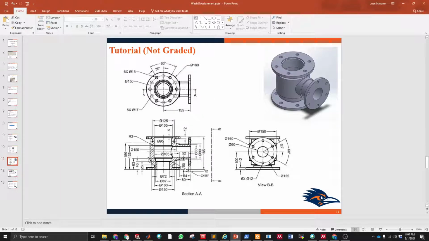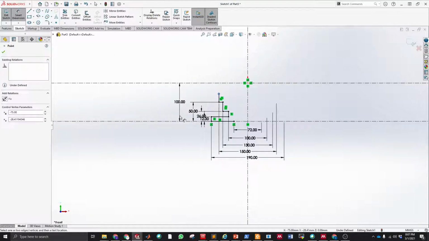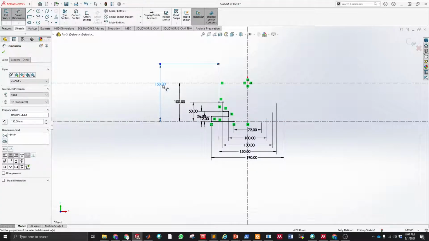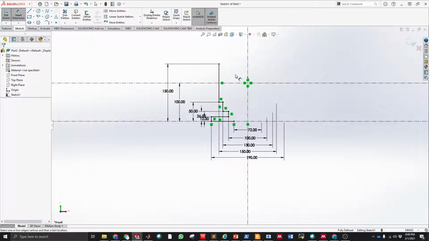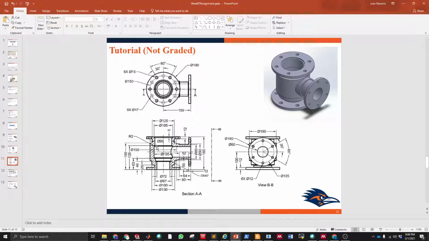And this one goes all the way up to 150 in the vertical as well. So this distance here is 150. Then to the right at 125,